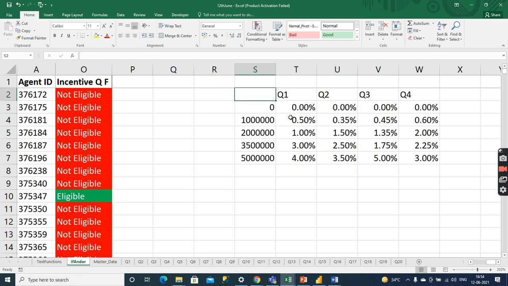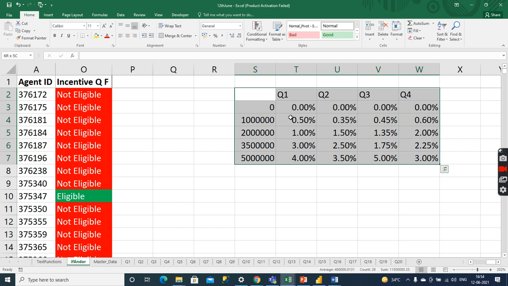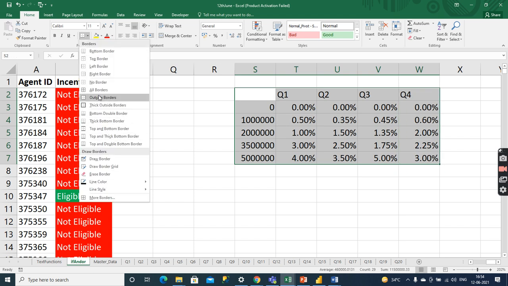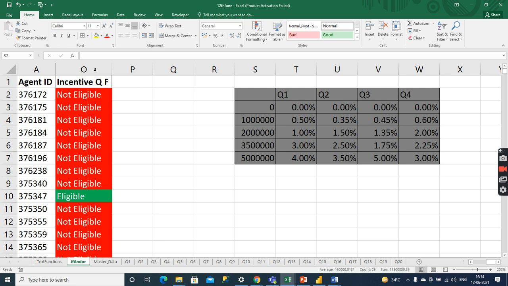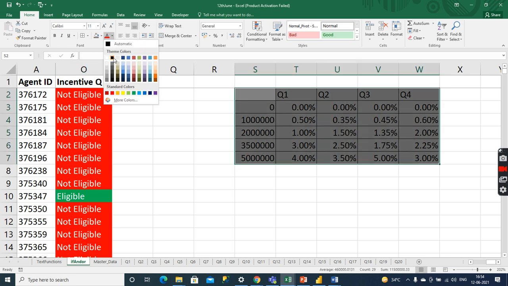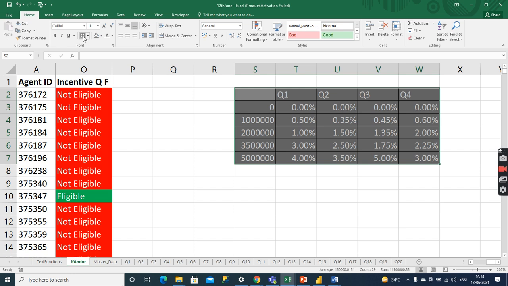So we have created a small grid here according to the business needs.